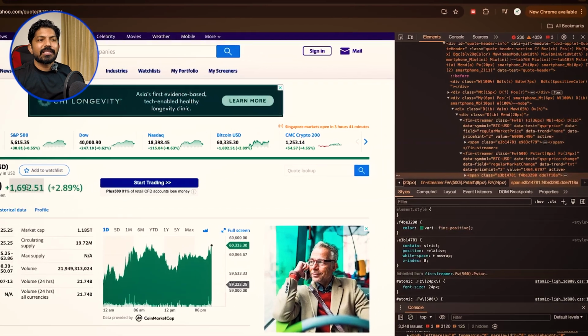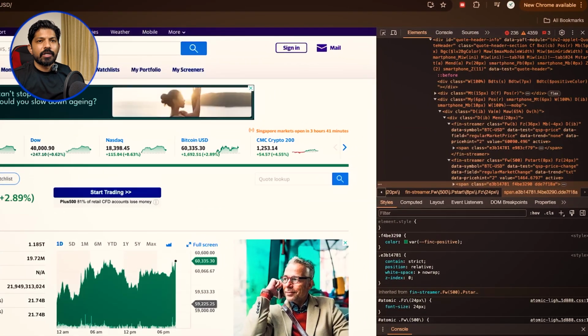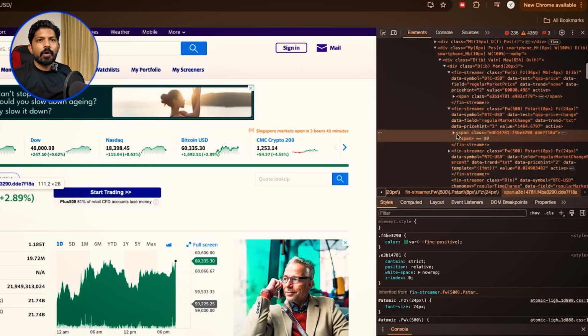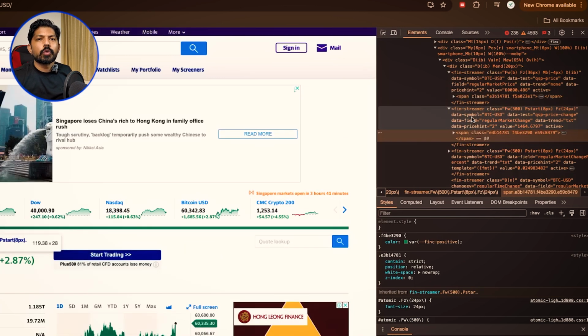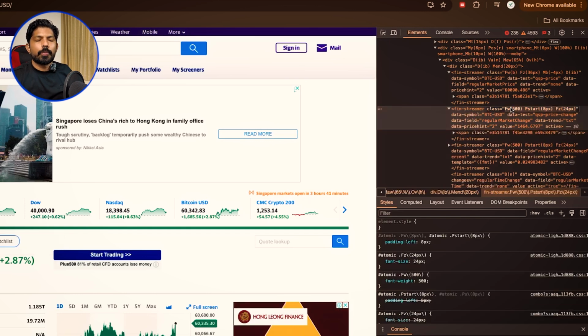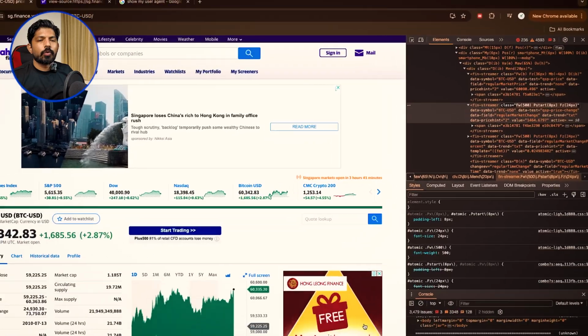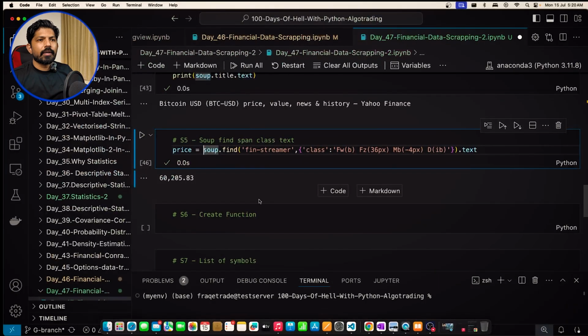And then you will see that there is some text selected on the right side. So you go there, and now you navigate here. So when you go up, it is selected. When you again go up, it is not our requirement. We just need this one. So here also, this is FinStreamer, and the class is this one. So I'll copy the class name and come back to Visual Studio Code, and I'll write here